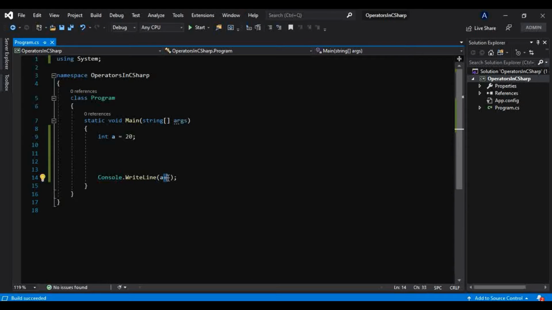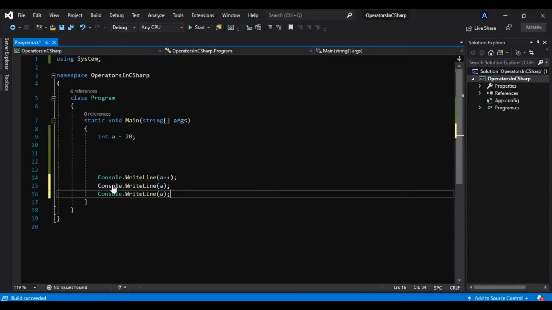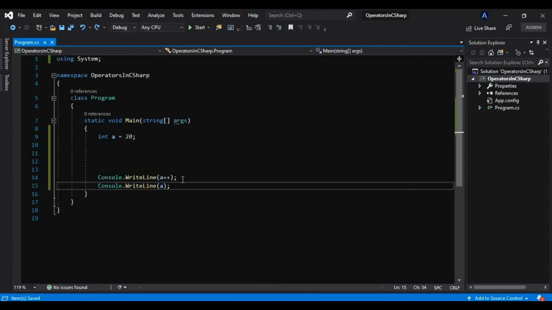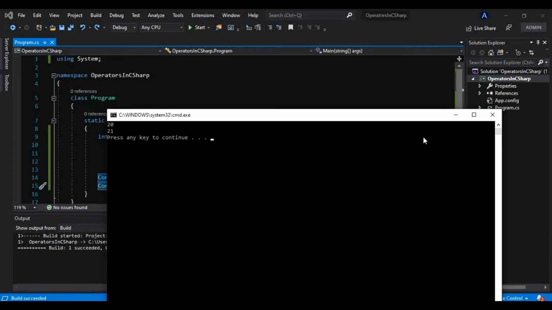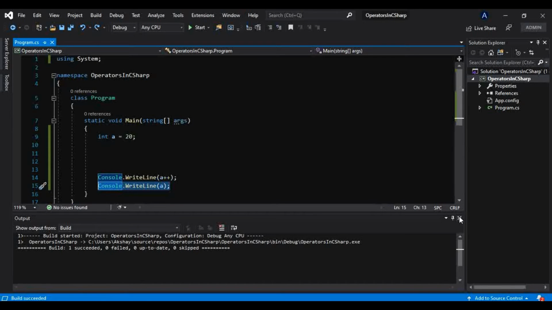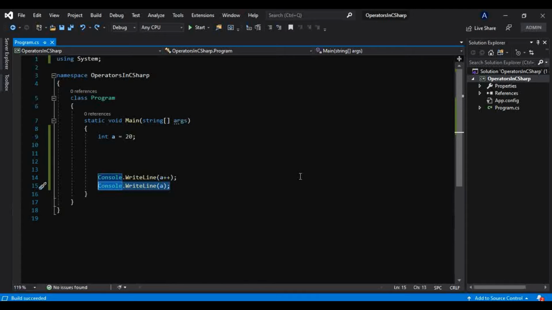And now if you again print that a, you will find the result is 21. We printed this a onto the console, and then it was incremented, and now if I print that again, it gives us 21. Like that, 20, and after that 21, because we have incremented that by 1 using the plus plus operator.